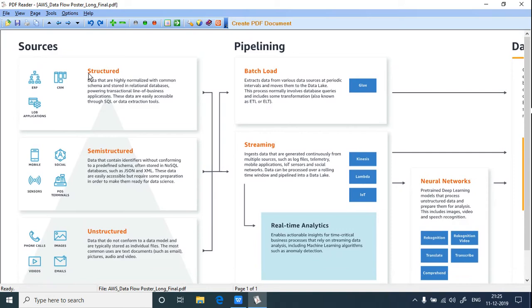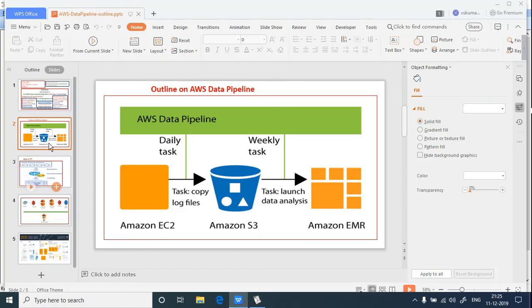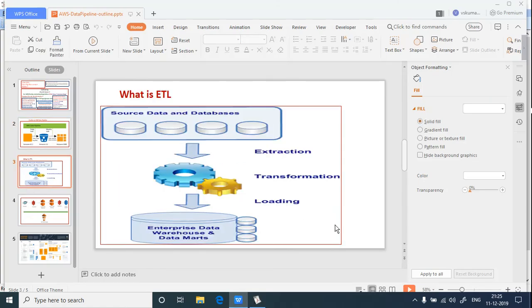One is structured data. The structured data can be from downstream applications like CRM, enterprise resource applications, line of business applications. You might have a payroll or HR application, any kind of employee related applications also. So there, the design happens through relational databases, and from there you are doing an ETL process. So what does the ETL process contain? I have pulled one diagram also for your clarity. It has extraction, transformation, loading.